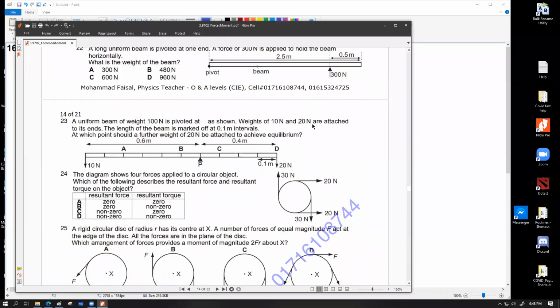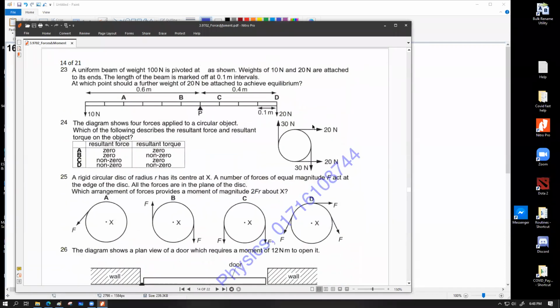No. 14? Sir, 23. 20? 3. 23 দেখবো। জি স্যার।